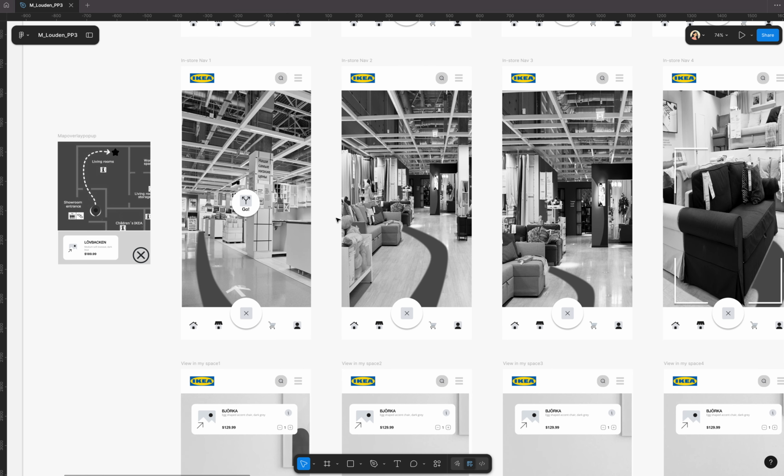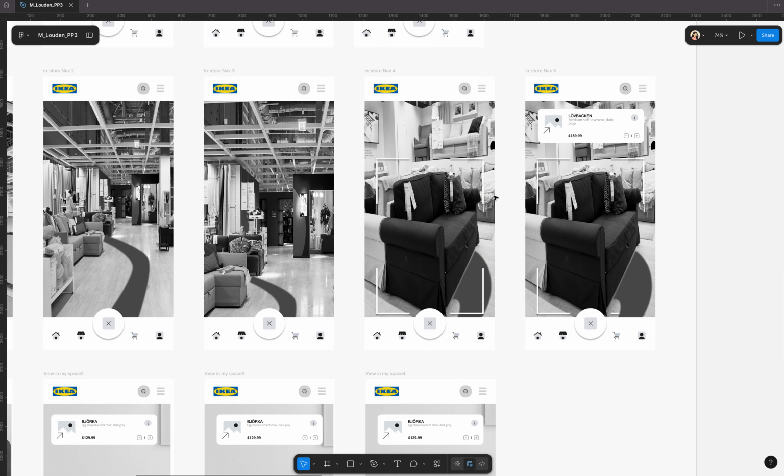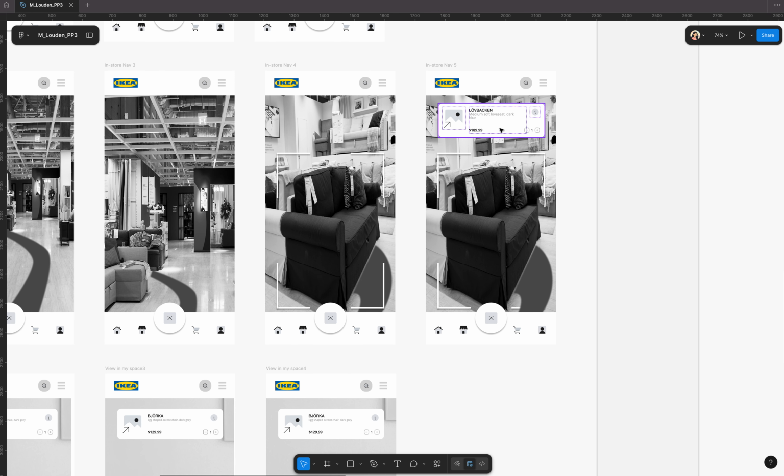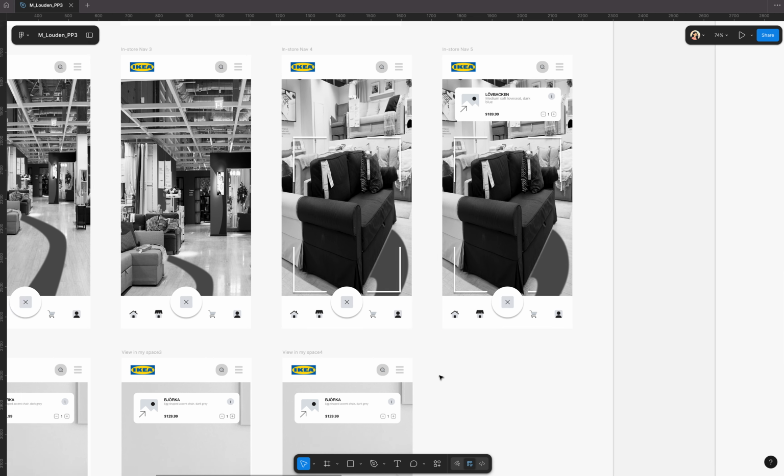I think they're Swedish. Okay, so it zooms in on this path as you go. You follow the path, and then this couch is what you found. I also cut that one out so I have a picture of it for later, and it matches the description. And then you can press that. There's this X button. The camera turns into an X button, so you can't do all of them at the same time. So it's easy to close and take you back to the home page, which I'll show you the